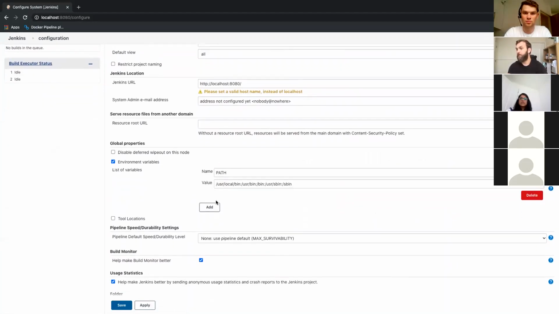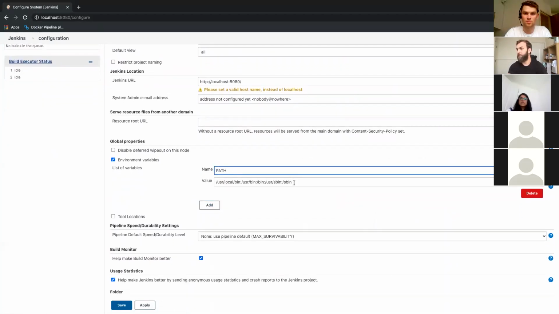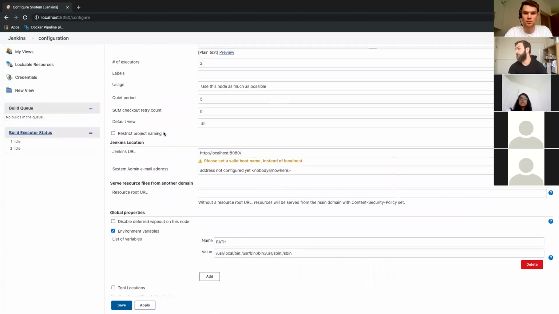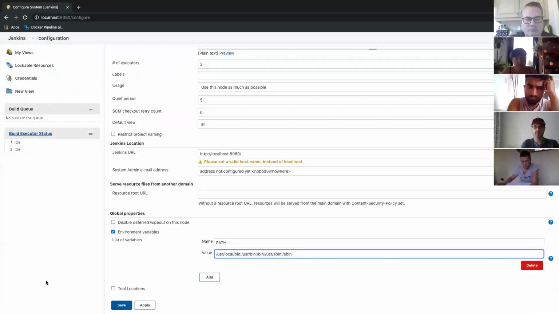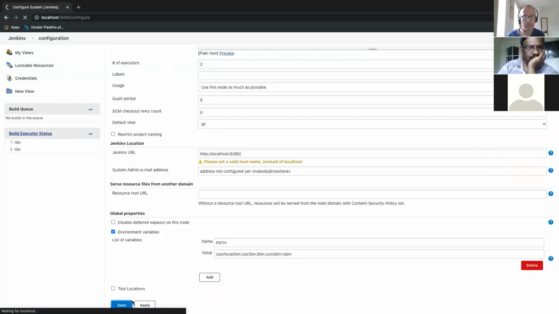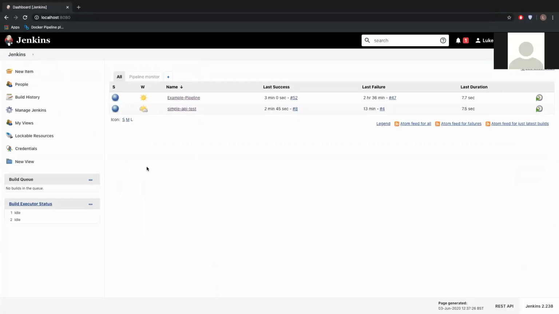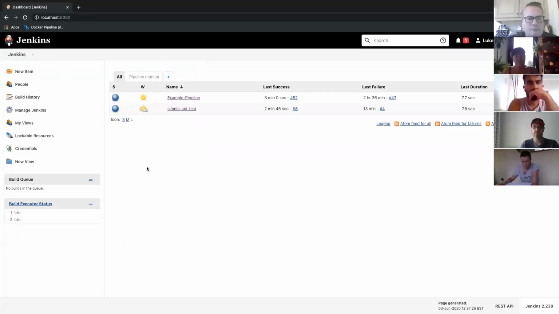If you're running it local, you may want to set the path variable yourself to whatever your path may be, so that you have access to all the tools. Say if you've got a load of brew installations, you're going to want to be able to point out use a local bin rather than just use a bin, just so that you actually have access to that tool chain from within the pipeline, because it does come with its own sort of sandboxed shell pipeline.